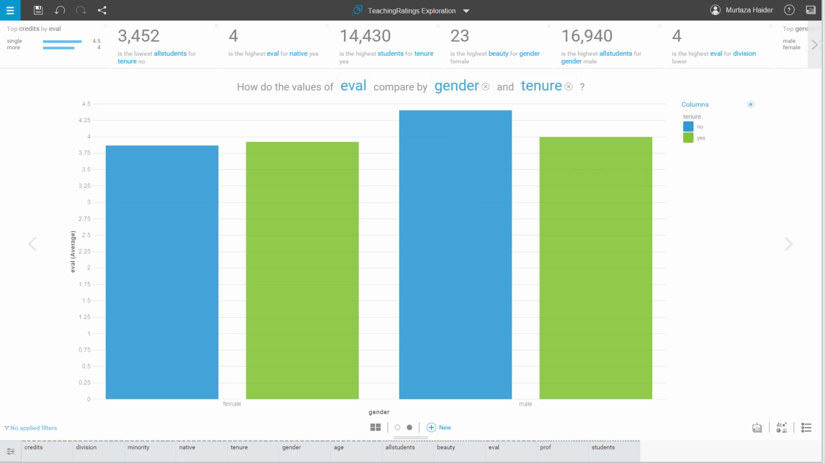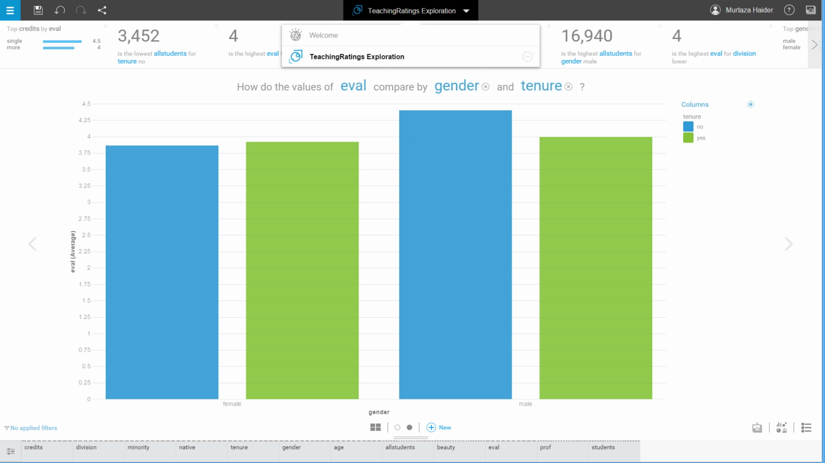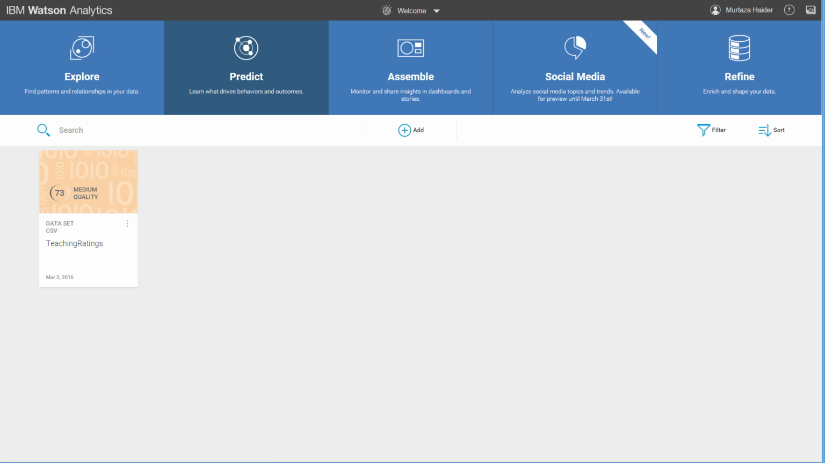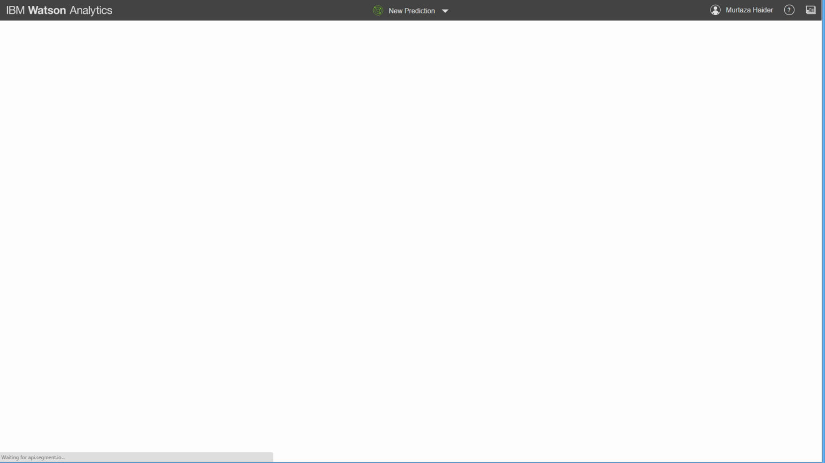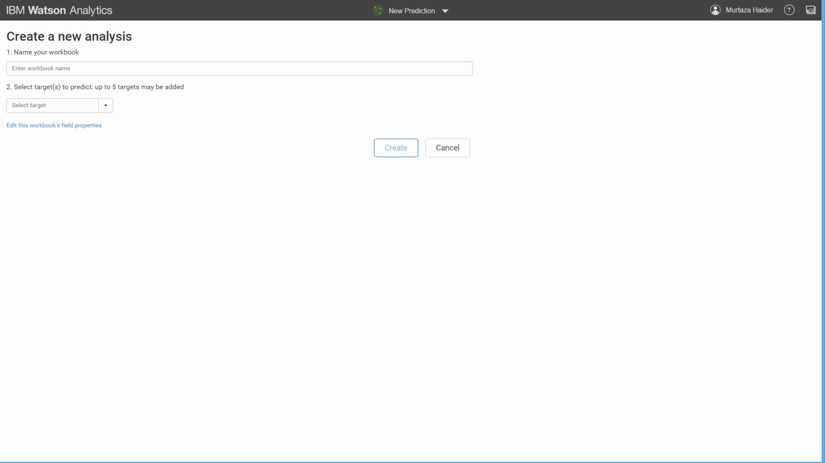The next step for us is to determine how teaching evaluations differ by gender and tenure and of course beauty. And for this, Watson Analytics will use a predict function. For this to happen, we click on Teaching Ratings Exploration, go back to the welcome screen and click on predict. We click on the data set, and as soon as we click on the data set, we get the